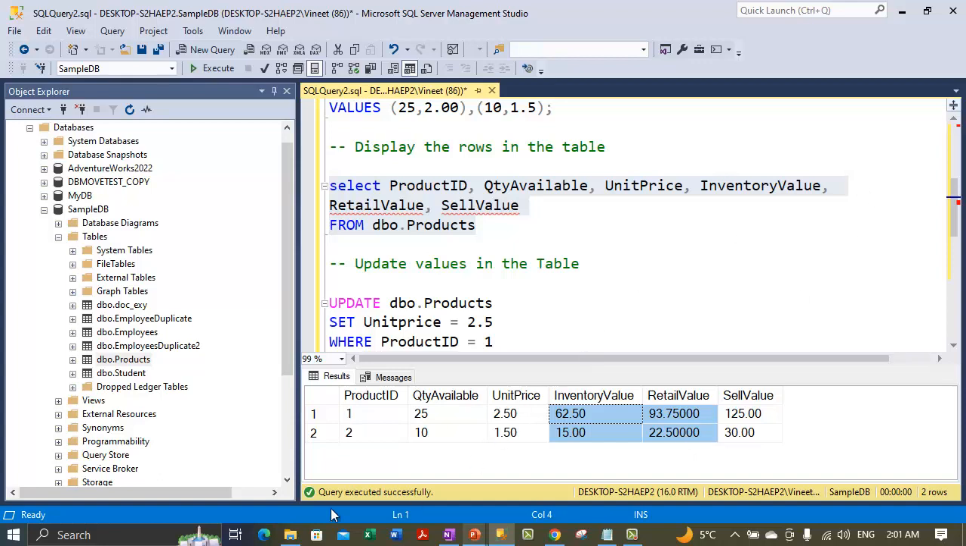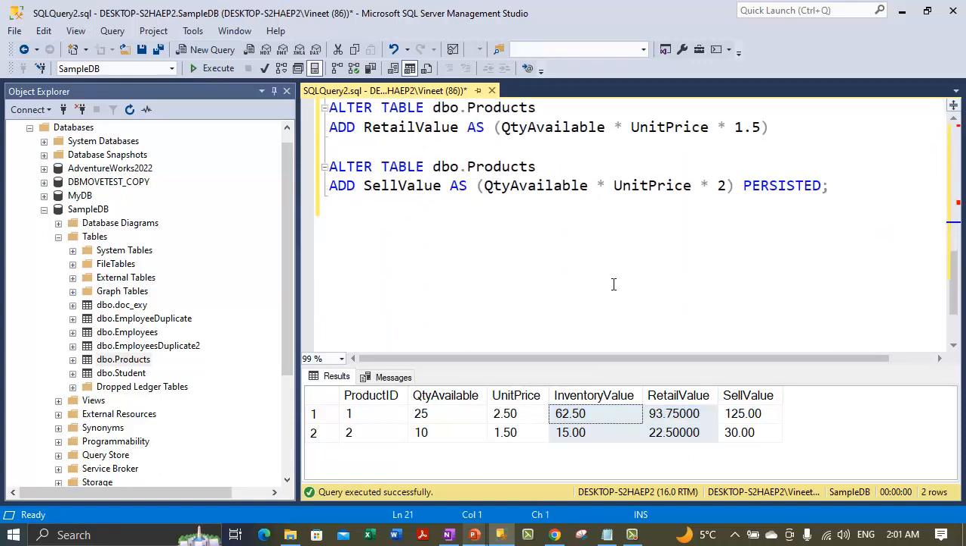Now let me go ahead and remove some of the columns. Let me drop the retail value and the sell value column maybe. Let me show you how you can drop certain columns. Let me drop the retail value column. I'm altering the table dbo.products, and if you want to drop any computed column, you can simply use the DROP COLUMN statement, and you need to specify the name of the column. So here we are removing the retail value column,